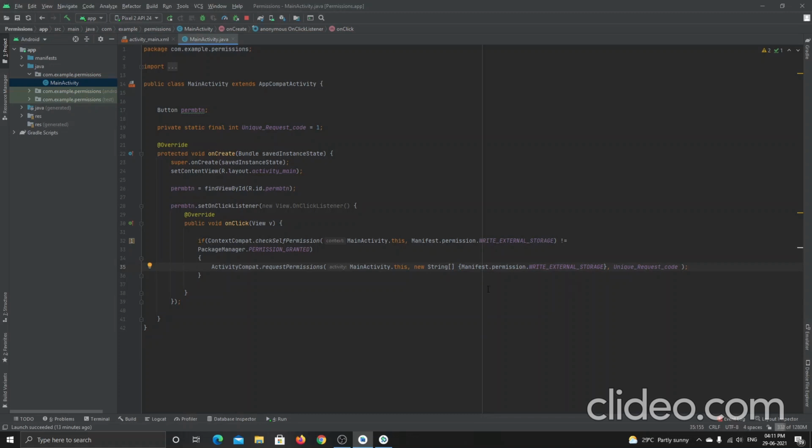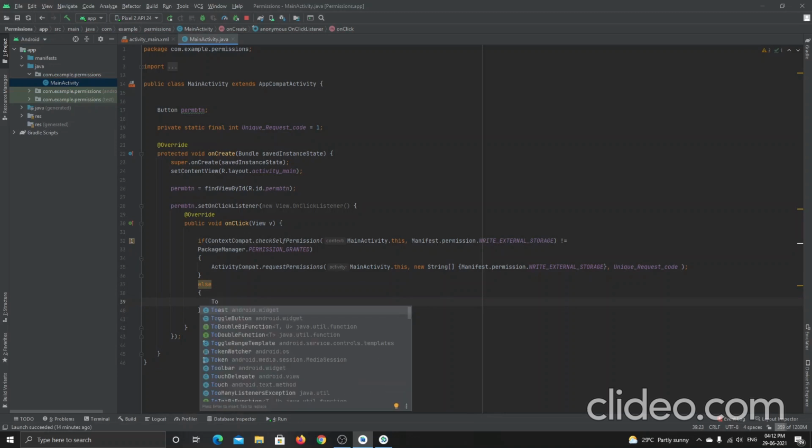Now if the permission is already granted, where should it go? It should go inside this else loop, and it should start its operations like reading the data or anything else you give inside this else loop.